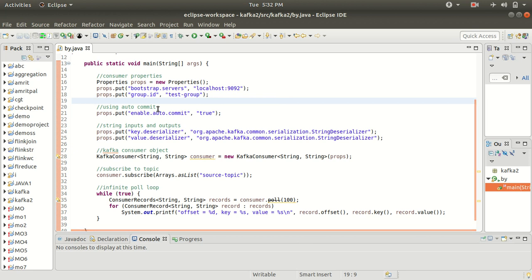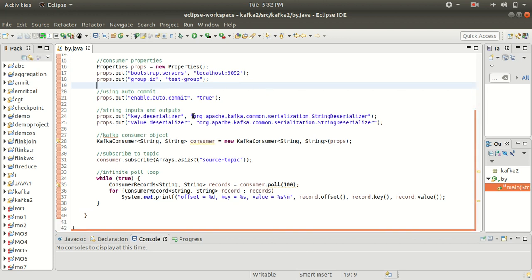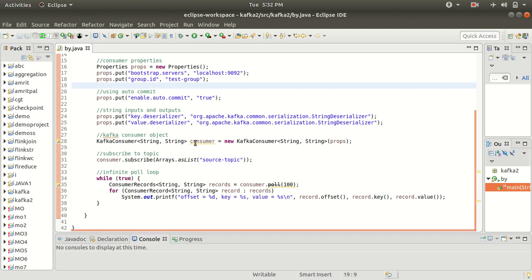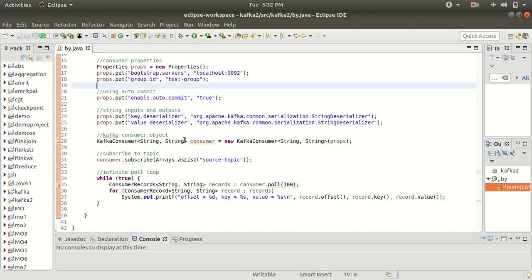We'll be discussing that in the document, like what's the use case of auto commit. Actually, it is used for the offsets. Third thing we have the deserializer. In the case of a producer, we were making use of a serializer. Now it is the opposite process because we need to consume the data or the events. So that's why it is a deserializer, the opposite of the serializer. Then we are creating the consumer object, right? The way we were creating the producer object.